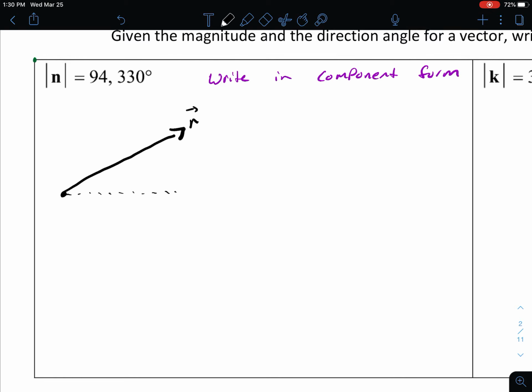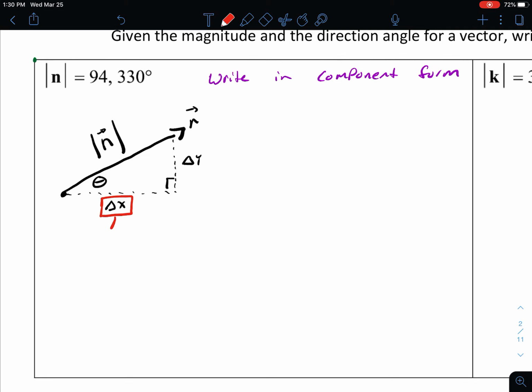And I know its angle is 330 degrees, but I'm going to make a general example here. So here's my vector with my magnitude, and I have its direction angle here. And I'm going to come back here to make this right triangle. Now, we know that this is supposed to be the change in x, and this is supposed to be the change in y. Well, if I apply my right triangle trig rules, and I could rewrite